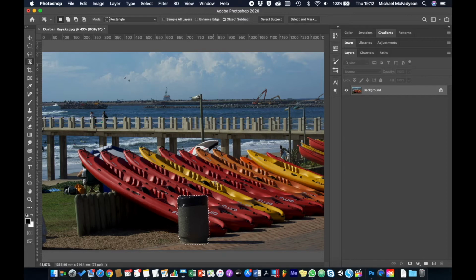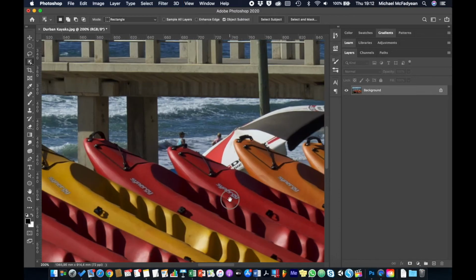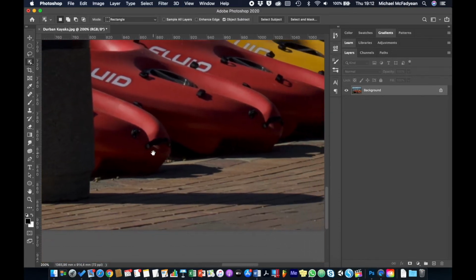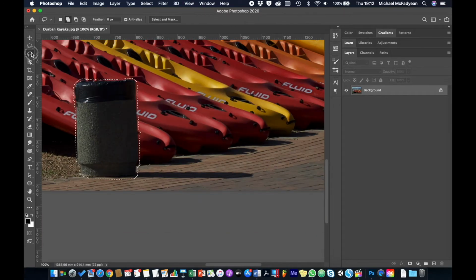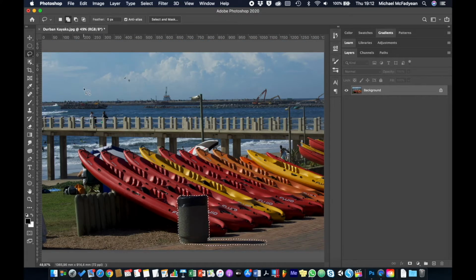And then I also just need to add the shadow in of the dustbin. So there's the shadow there. I'm going to take my lasso tool and make sure it's on add to selection. And I'm just going to lasso that shadow. Okay, so when you are using content aware fill, what it does is it reads the pixels around